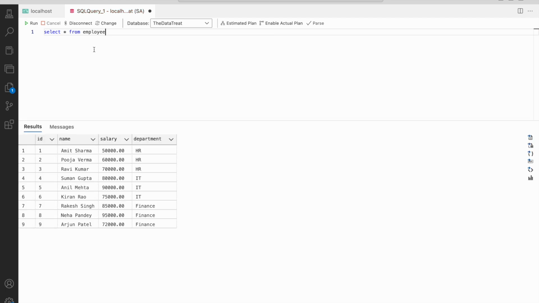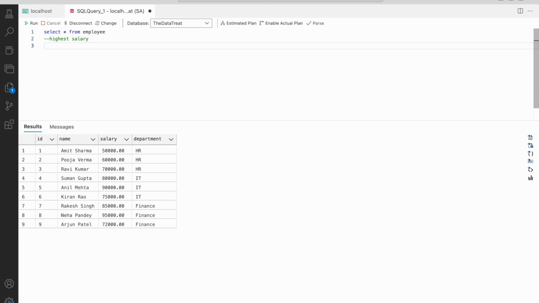So this is my employee table. If you see, this employee table has columns ID, name, salary, and department. So for each employee, we have a department and their salary. So first thing, before going to the part where we'll be finding the nth highest salary for each department, let's go with some basics. So first thing is, let's try to find out the highest salary for the whole table.